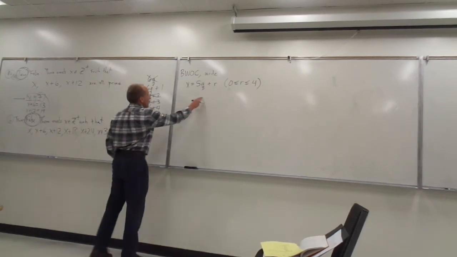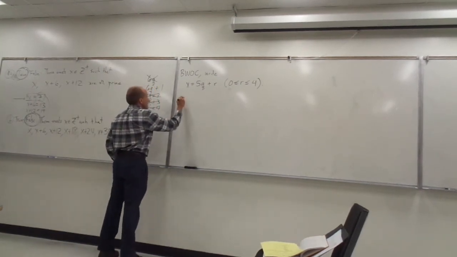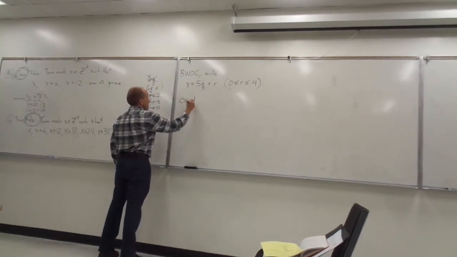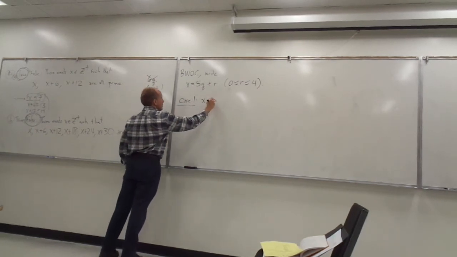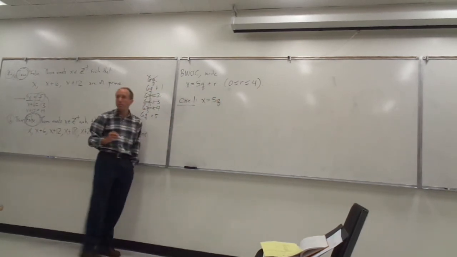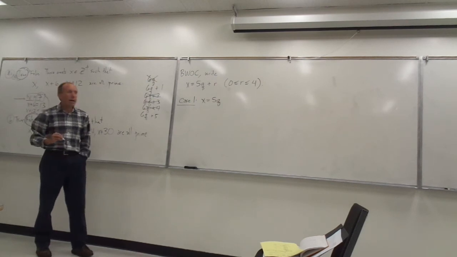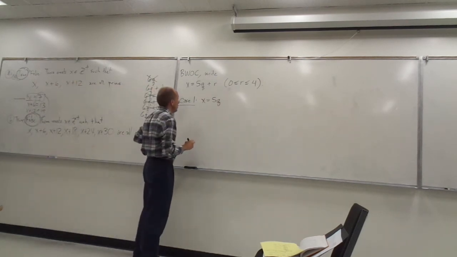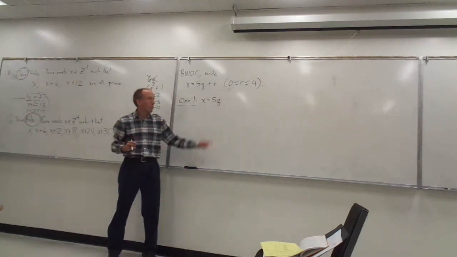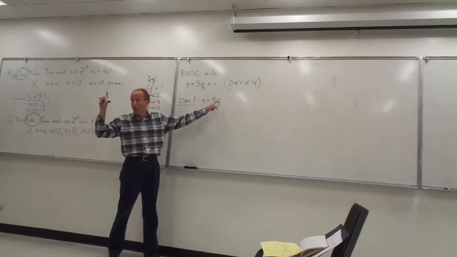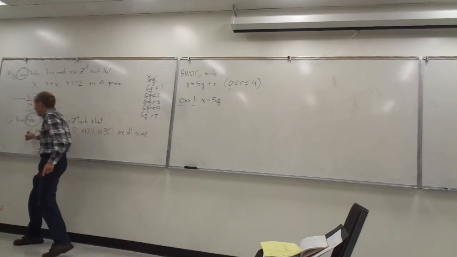So here's the thing. Let me just look at one case of this. Suppose that x is equal to 5q. Now, if x is equal to 5q, then first of all, it's not prime unless q is 1. And if q is 1, then x was 5, which meant